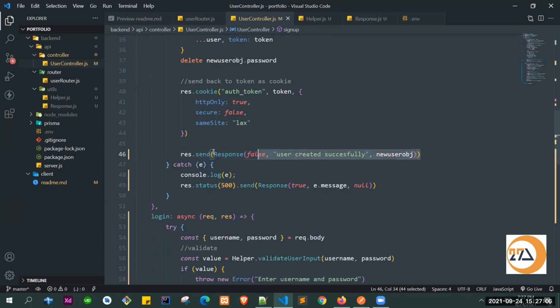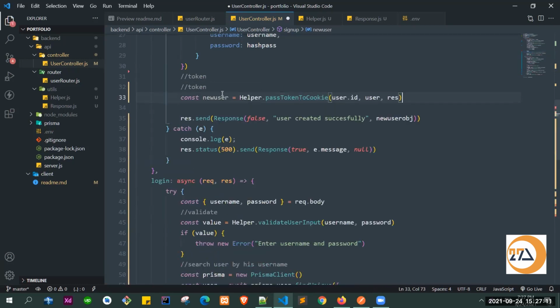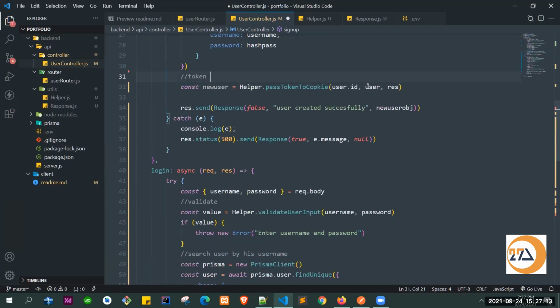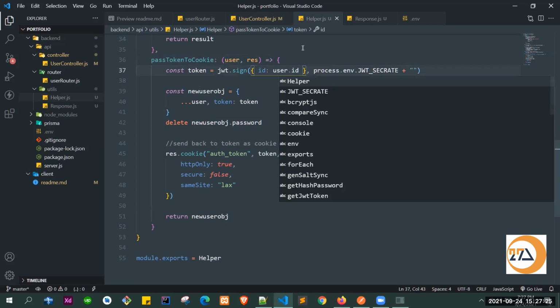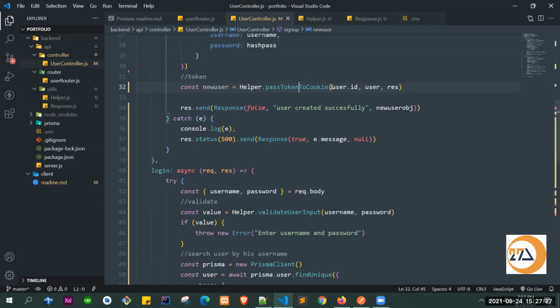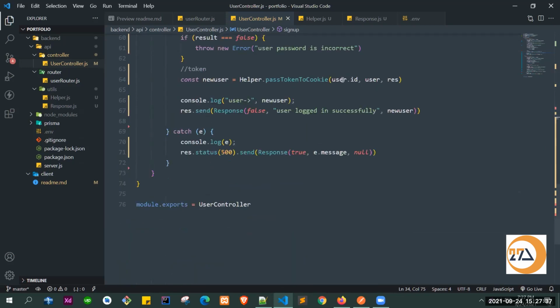So after that, for here, we'll remove up to this, and we'll pass the user ID and user. And one thing is that, as you can see, this ID is actually coming from this user. So we can just remove this ID and just take the ID from the user. Okay, so it will be much cleaner. So now we can remove this user ID. Just only pass the user and the response. After that, we will get back the new user. We will pass that here. Okay, and at the bottom, we will remove this user ID. So I think this should work.